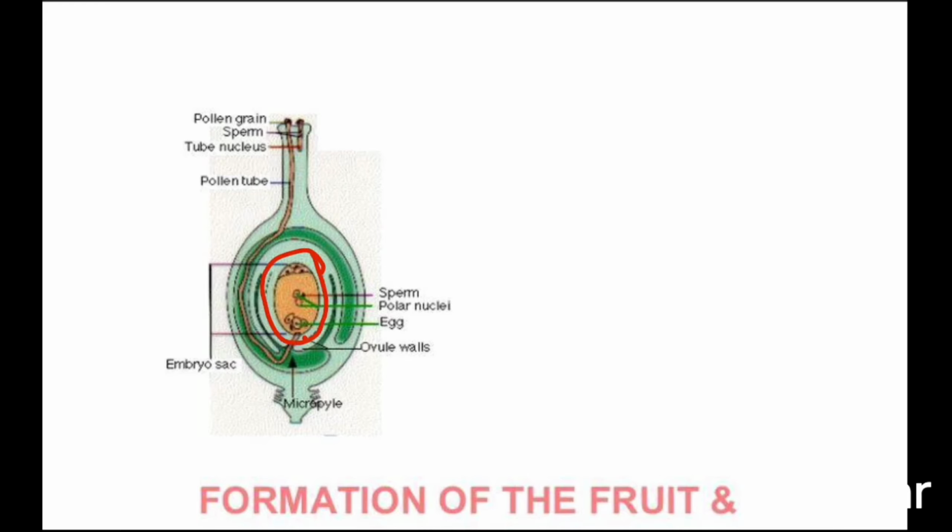Inside the ovule, this is a special structure, you can see that. In higher class, you will learn more detail about that, but in class 10 you don't need that much detail. You can say that this is called the embryo sac, in which you can see that the egg cells are there and some other cells which are called polar nuclei. In angiosperms, what will happen? The sperms will reach here. There will be two male gametes. One will fuse together with that egg, and another will go and fuse together with the polar nuclei.